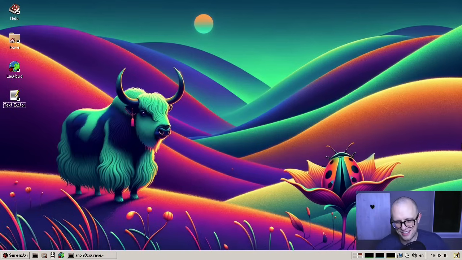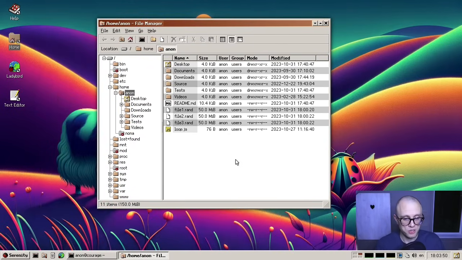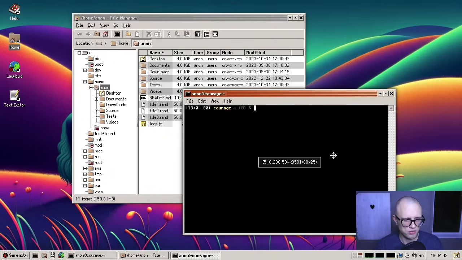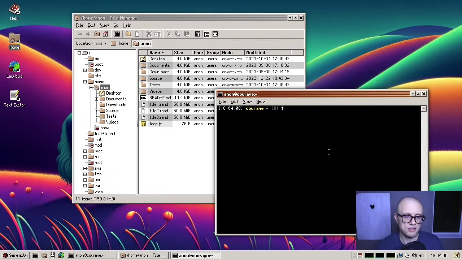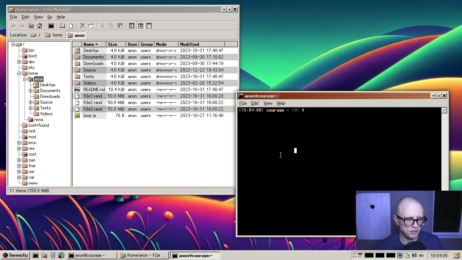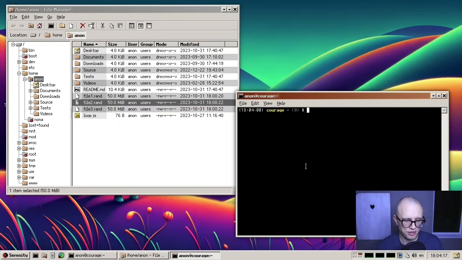Okay. And something else that's pretty cool is File Manager is now much more responsive to changes in the underlying file system. So this is something that Adam worked on as well. Adam, who did the shell prompt features, also did a bunch of stuff here. And this should work with any directory view that you would use from our GUI library. But an example of something that works nicely now is that if I were to change the metadata on this file here, so like file2.rand, let's change it to mode 777,